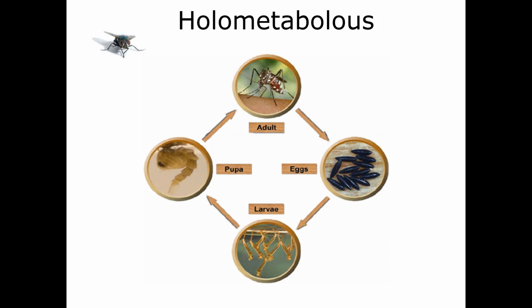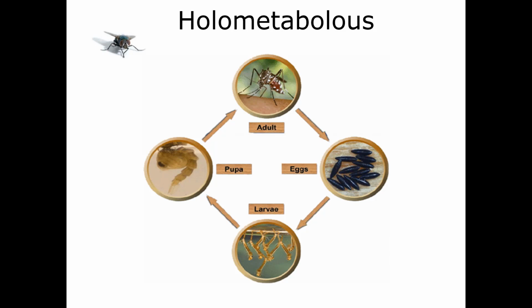Now, eggs are laid either in the water or on solid substrates that are likely to become flooded. So the eggs begin as white, but then they turn dark within hours as the eggshell tans. Now, the eggs usually complete development within 2 to 3 days after being oviposited on water. They may take a week or so in cooler climates. So if they are on water, they can go pretty quickly in the warm areas, 2 to 3 days, but up north or in the cooler months of the year, it can be a few weeks.